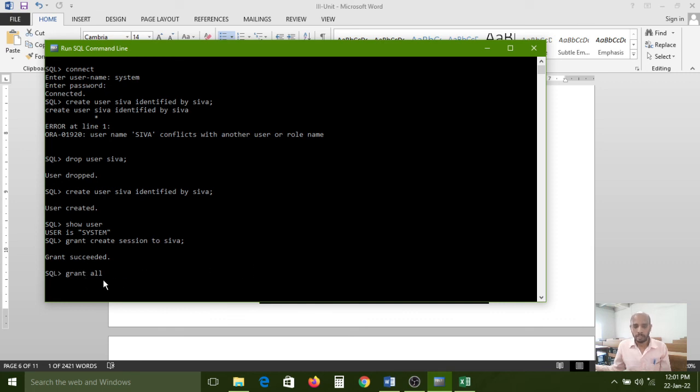Now I am granting the permission to see my database. All on which database? Which database does the Siva user want to see? Student. Grant all on student to Siva user.